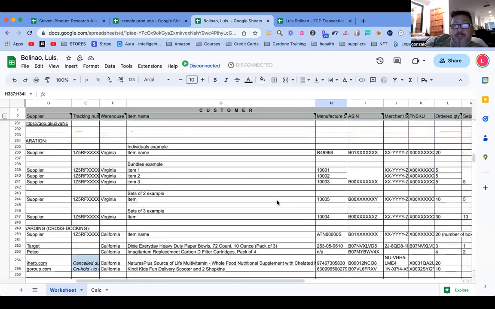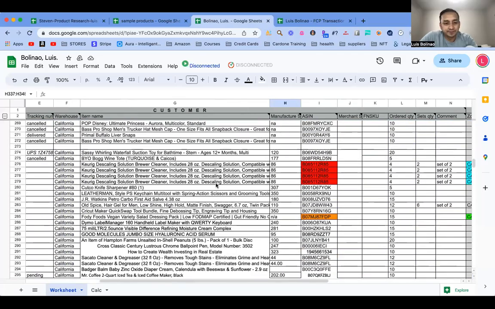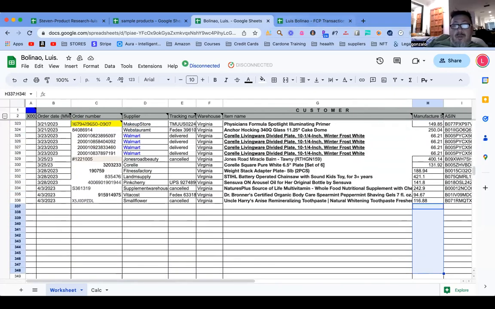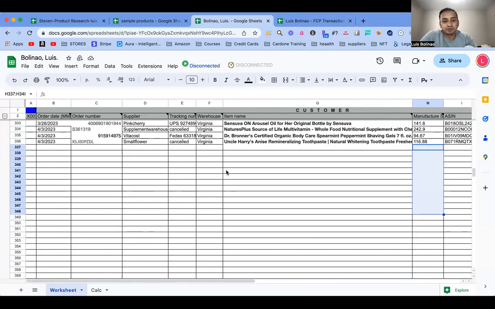How do I do that on the spreadsheet? Like, how do I set it up so that the prep center knows that it should be packaged in 2s? Yeah. So on here, you plug in your orders, your date,